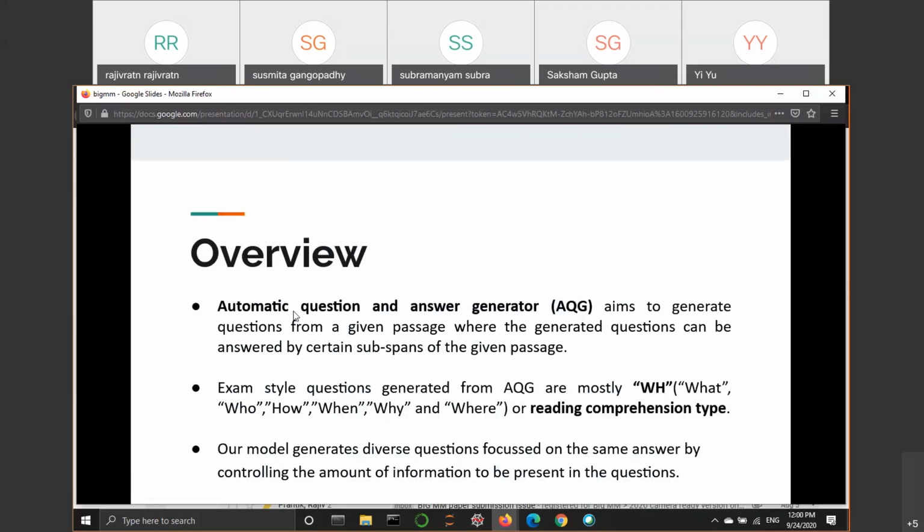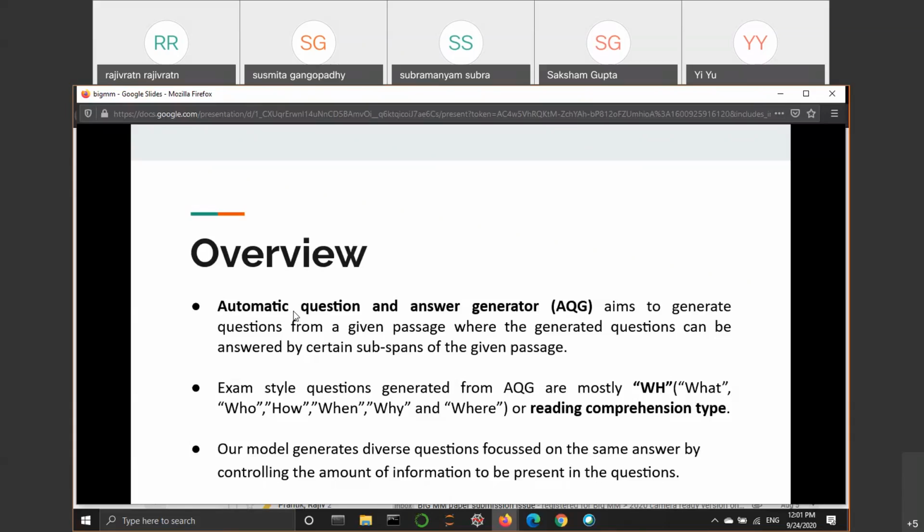So here we are targeting mostly WH type questions or the reading comprehension type questions, because these are the most popular kind of questions. And the thing is that a lot of work has been done in this section, like automatic question and answer generation, for a long time. So what makes us different is that we have here put an effort to make it more human-like or more